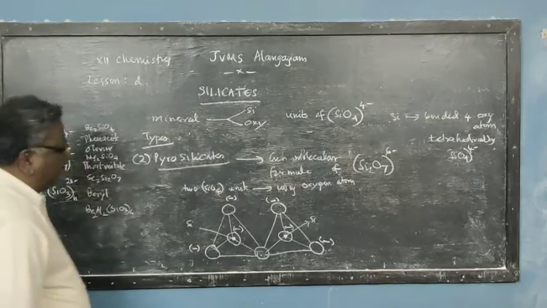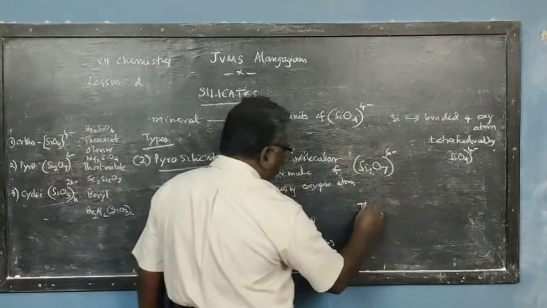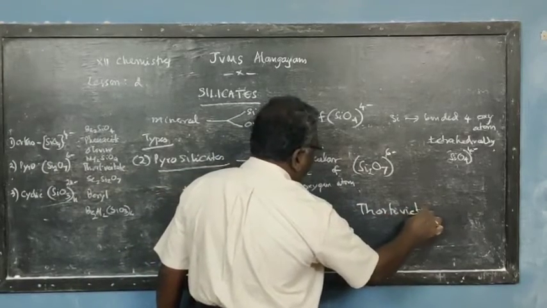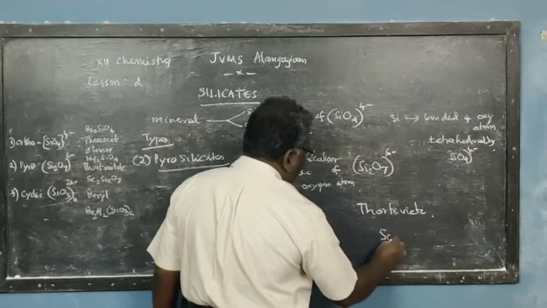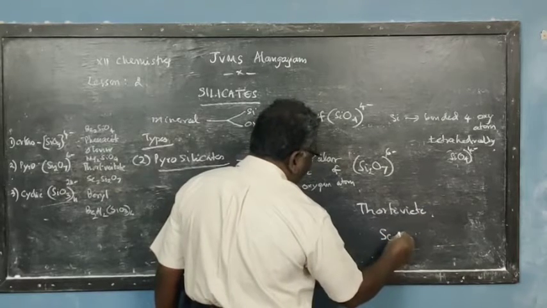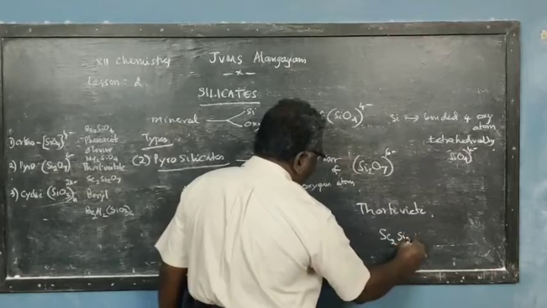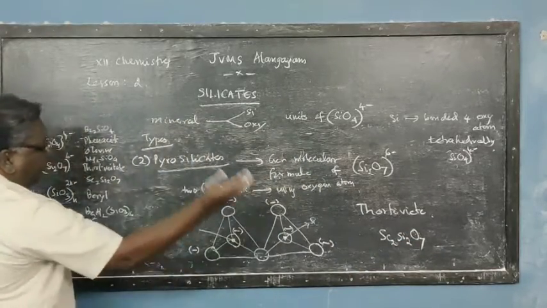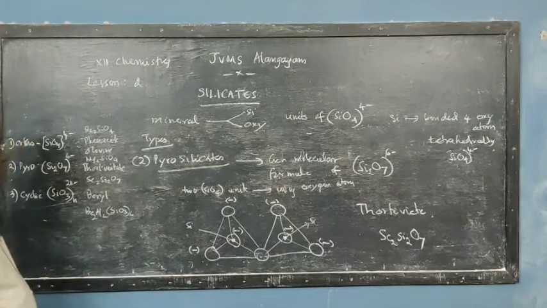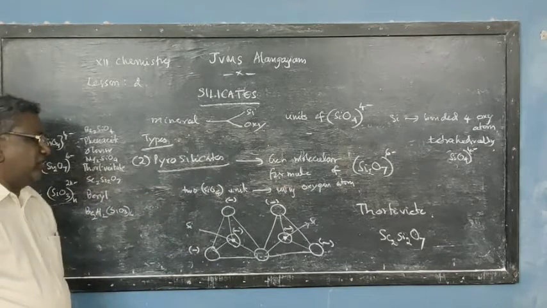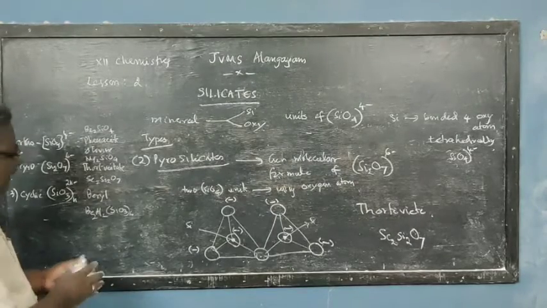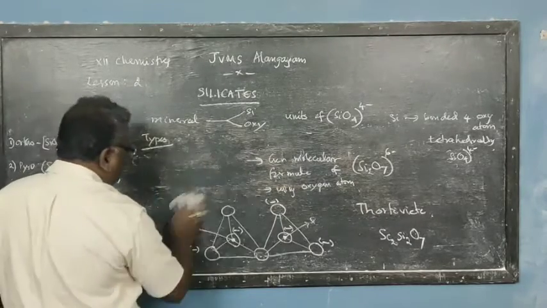And the example for this is given as thortveitite, right? And this is scandium pyrosilicate, right? But this can continue as a giant molecule also. A number of Si2O7 units can be connected also. So this is the second type of silicate. And the third type of silicate